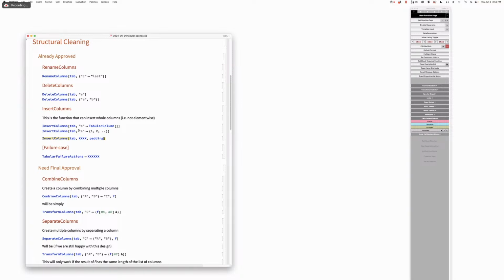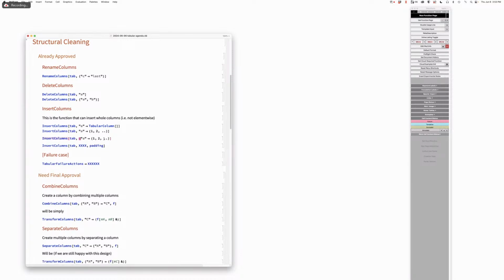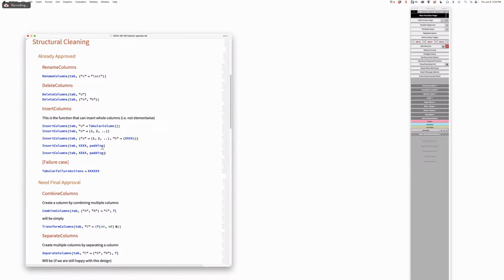I would assume that we can say A goes to this, B goes to something else, and that could be an association as well. But my point is that for typed data like this, which is not a matrix but has different types, the padding needs to be specific by column. I see what you're saying. So probably that has to be maybe a third argument, which is,